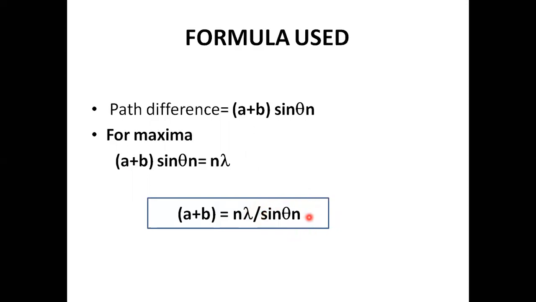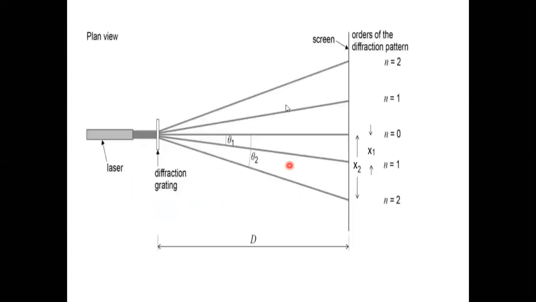So again, let us focus on our experimental setup. Here I have used the vertical view of our screen. The earlier one was the horizontal view. Now the screen is tilted, and this is the vertical view of the screen. This is the central maxima. This is first order maxima on one side. This is second order maxima. This is first order maxima on the other side of the screen, and this is the second order maxima on the other side of the screen.